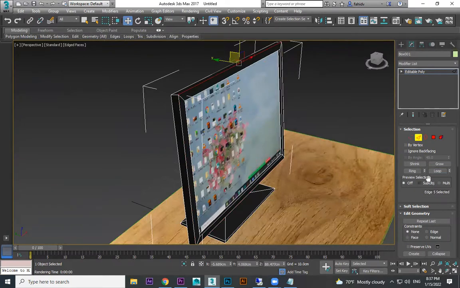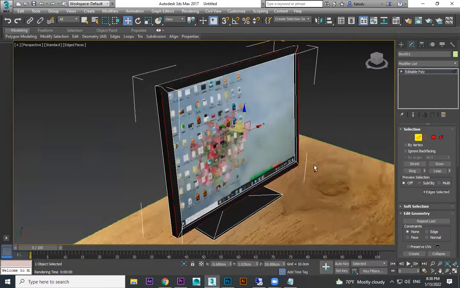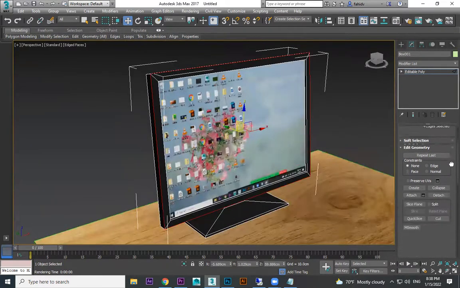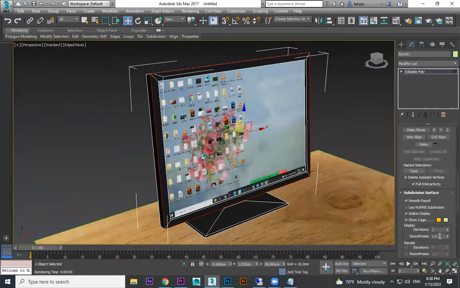Same way, if I selected only one, if I click ring, it will select vertically all the edges. Depends on the situation you can use. Now I need a loop like this. I don't need to select it one by one. Then I'm using a new option I'm going to teach you, which is called